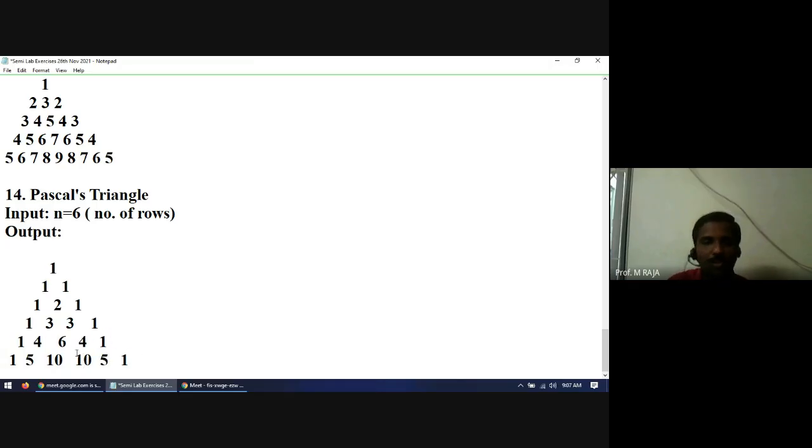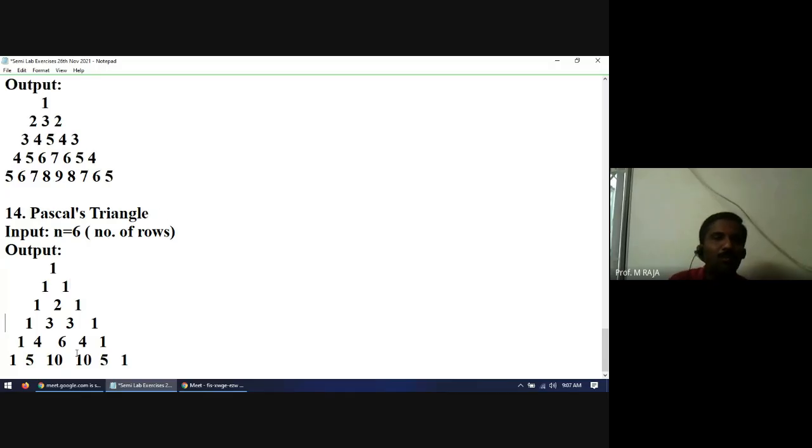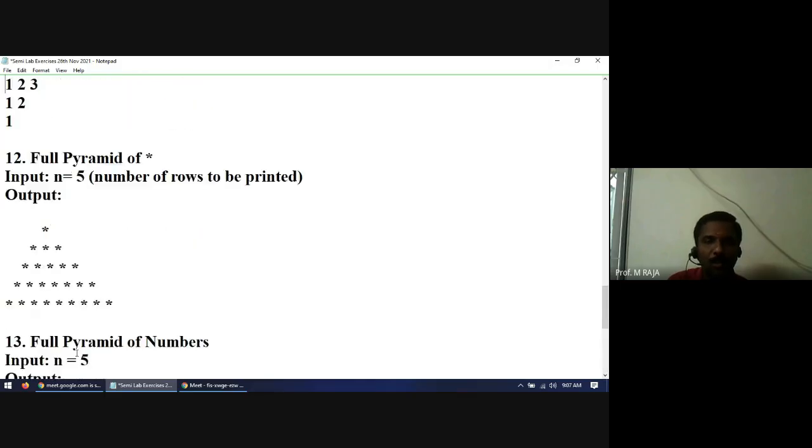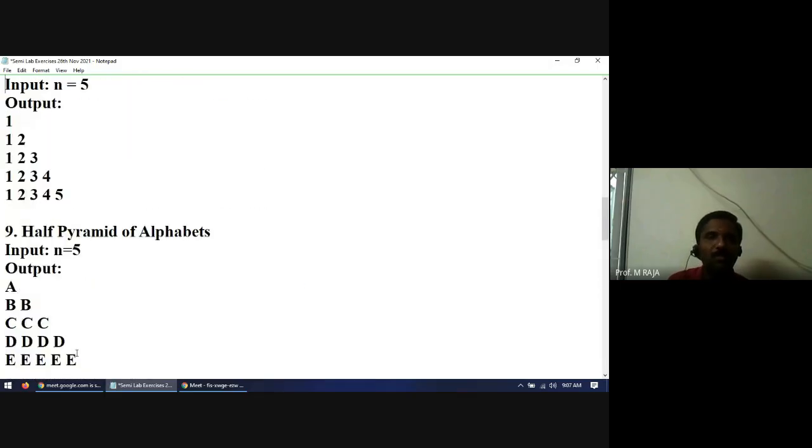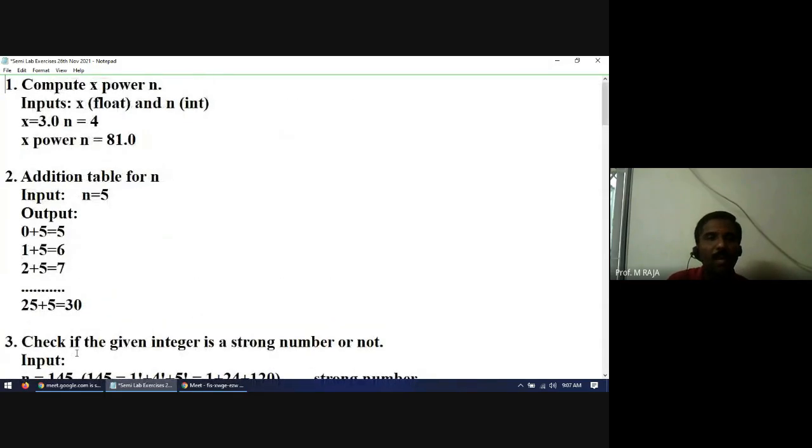So this way you need to control through the for loop, while loop, do while loop or nested control statements to print the required output format. If you have any doubts in solving these exercises,